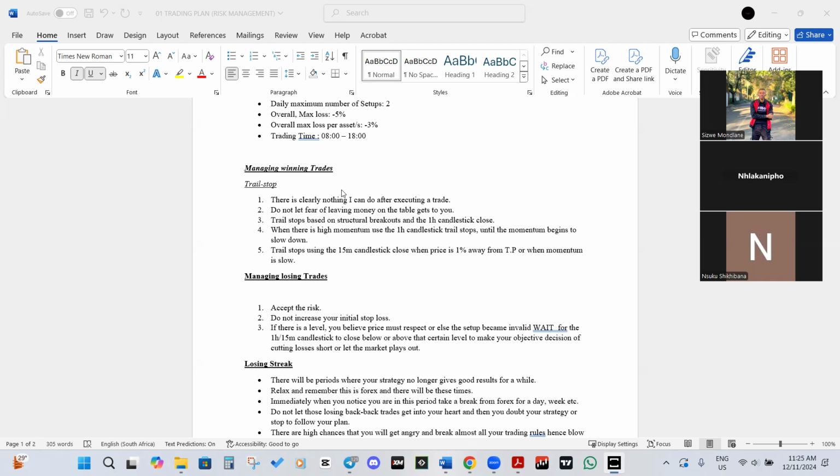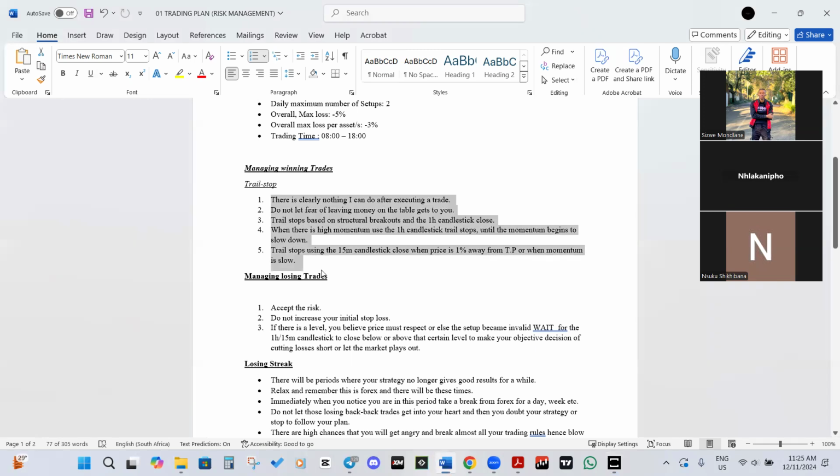Moving your stop loss to break even, to small profit, to smaller profit, to big profit. Just like that, as the trade goes in your direction. And then these are just notes which came from, when I trade on a daily basis, I'll be writing notes in my journals. So most of the things here came from my experience. You'll see when we do journals.